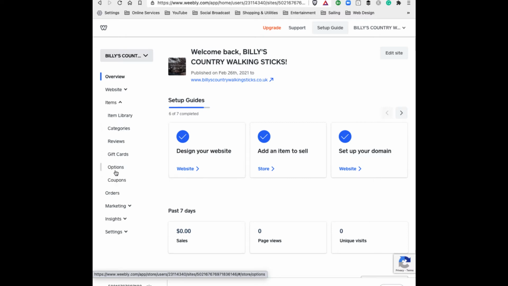buy with extra subscriptions. Categories you can use, but if you only sell one type of item like walking sticks, then you don't need categories necessarily, but you can have different categories and you can present those categories as sections on your shop. But at the moment we've just got one category, and if we click on item library,